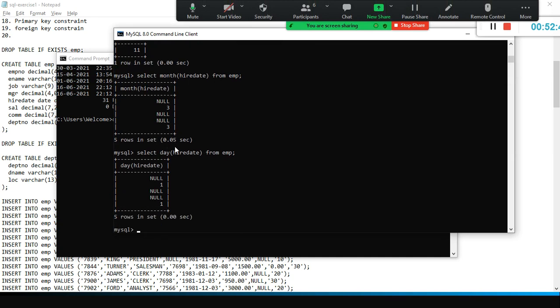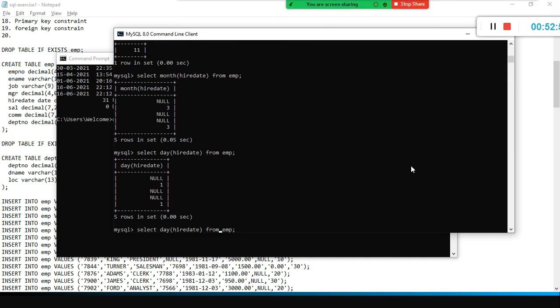Day function, month function. Similarly, you have year function. You can take month, day, year separately. Look here, this is how you can do it. And for example, in our case, select datediff. Our query was: management wants to know those employees who spent more than so and so date, or as of now, can you tell me how many days have been completed by all the employees?